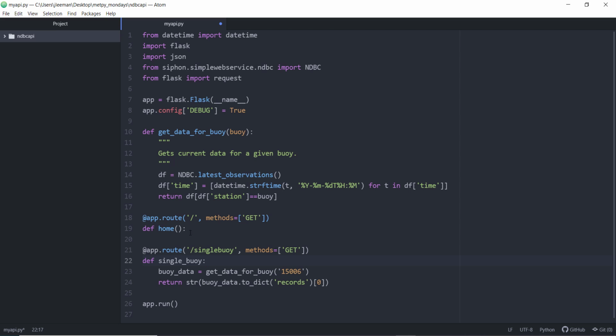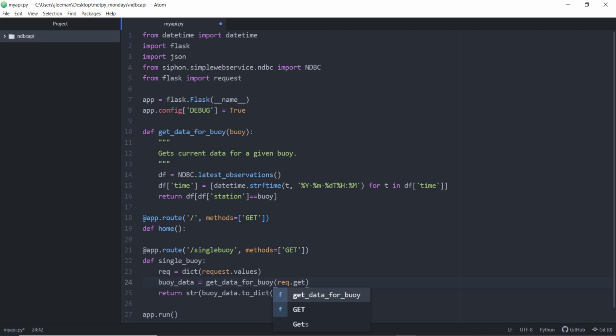So this route is going to get data for a single buoy, which we had already done. But I want to make a couple of modifications here as well. So right now, it's going to do exactly what it did last week, but we need to take that user input. So the request that the user gives us is in the request.values attribute, and we're going to make sure that that's a dictionary, something that we can get into nice and easily. So here, instead of hard coding buoy 15006, from our req dictionary, I'm going to use the get,